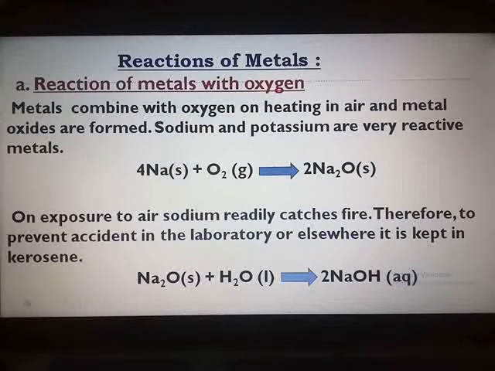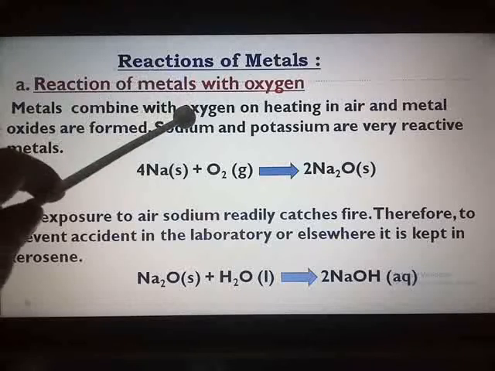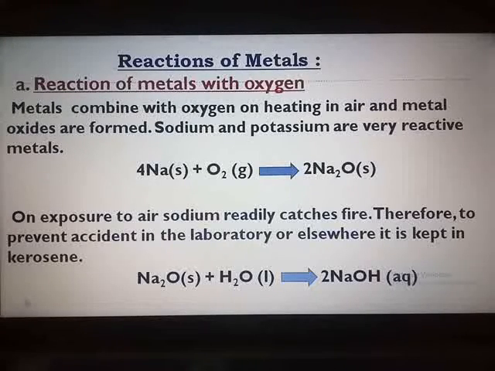You know that metals combine with oxygen to form the metallic oxides. Oxides of some of the metals are soluble in water and they react with water to form alkali. Now here a reason gets prepared. Sodium is always stored in kerosene. So what you will write: sodium is a very reactive metal, reacts with oxygen from the air and can even catch fire. So to prevent accidents, it is stored in kerosene, and then you have to provide the chemical equation in support of your answer.